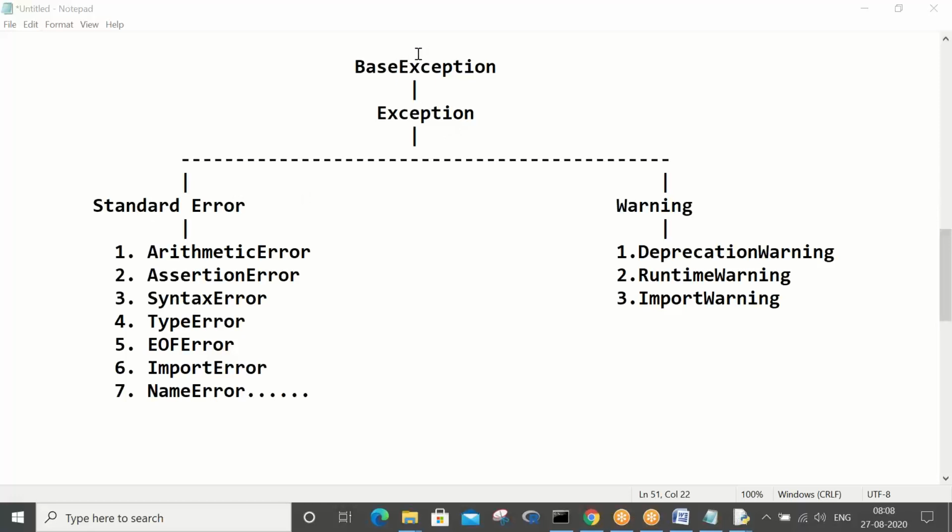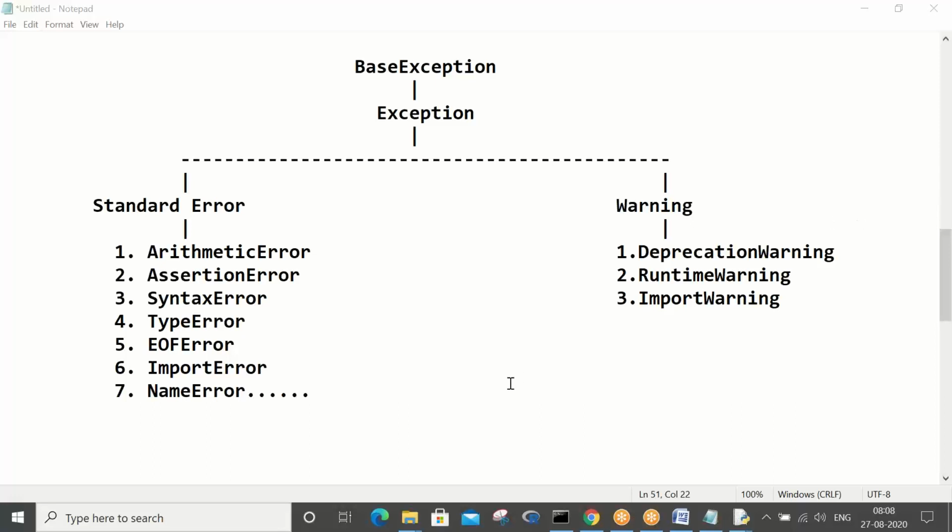And who is the parent of base exception? Base exception's parent is object. You have forgotten, right? Any class in Python, its supermost class is the object class.